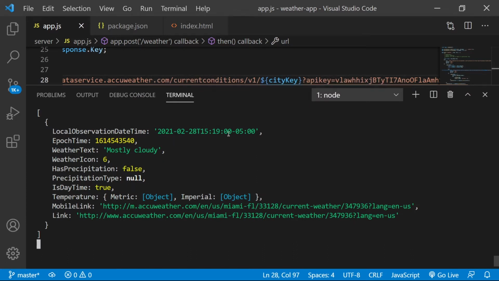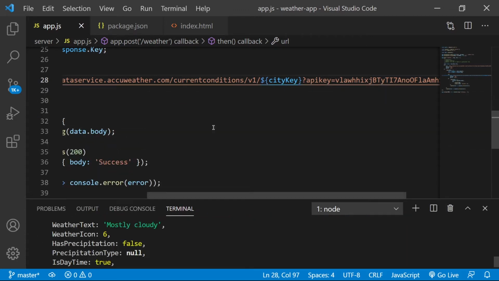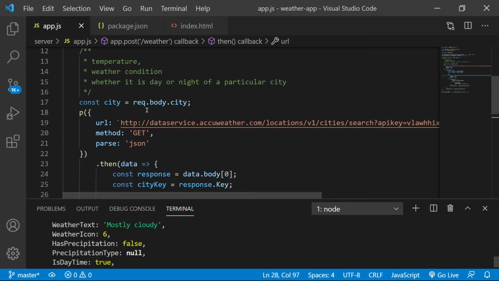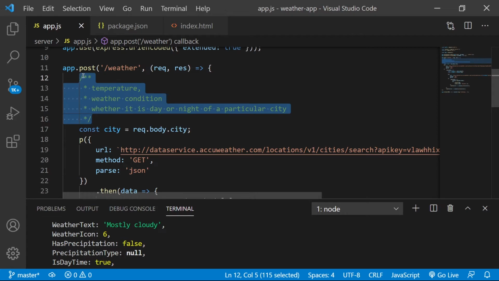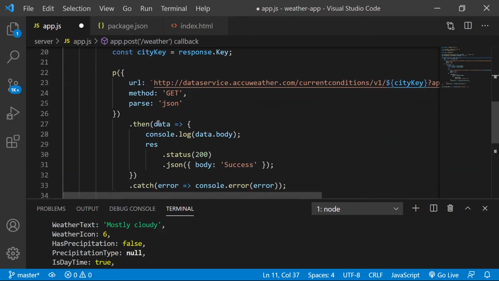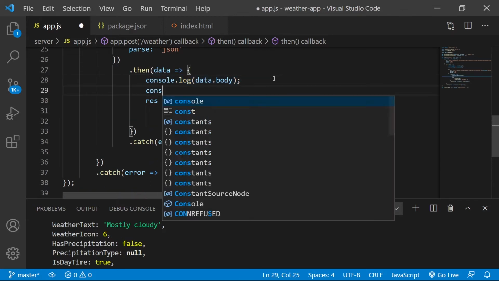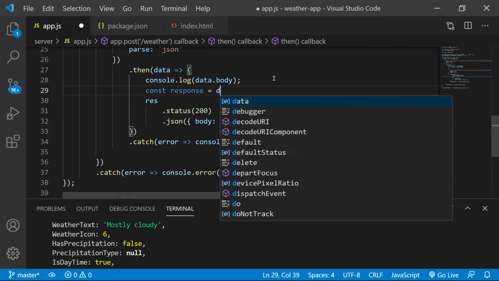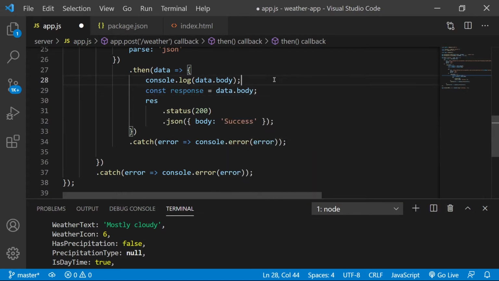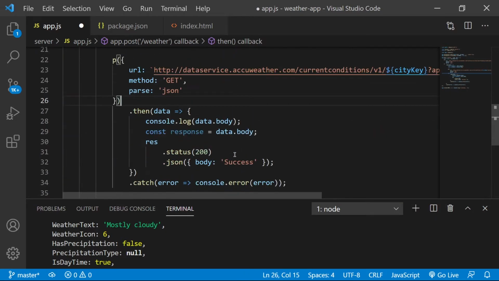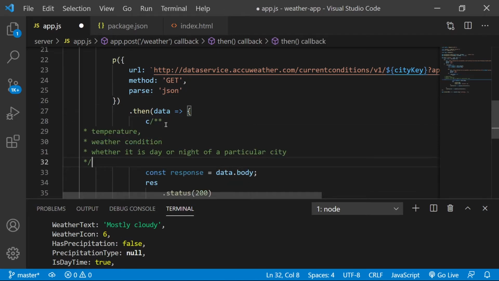So now, why don't we respond with some of the things that we need? So let's take this comment we had up here. And then inside of this response, let's do const response equals data.body. Remove this, come in there. All right.